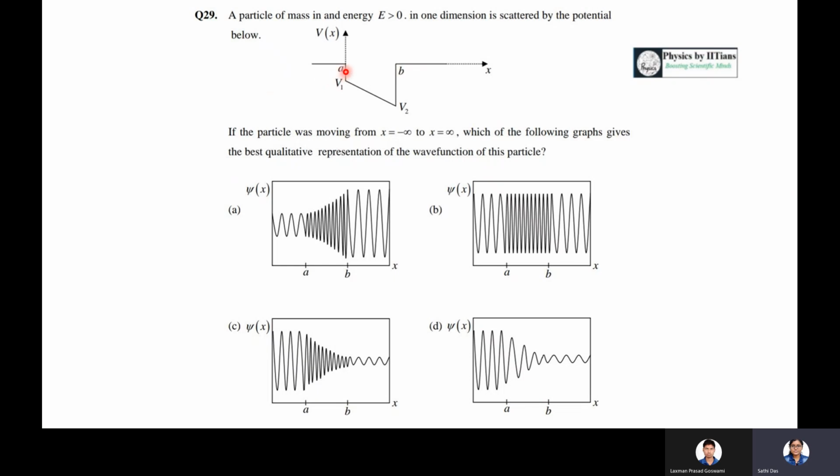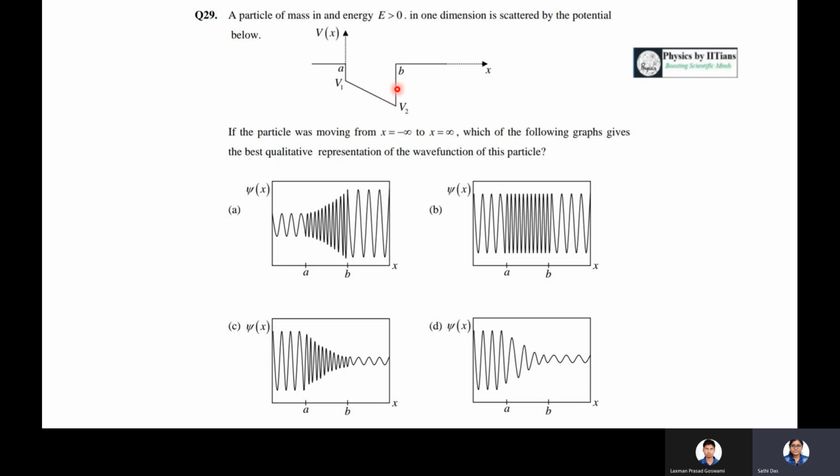So the transmitted wave function will also be oscillatory with increased frequency, because the total energy value of the particle will be increased, because E minus V will be positive: E minus of minus V1 and E minus of minus V2 will give us E plus V1 and E plus V2. That contribution to the total energy of the particle will be increased, as there is an attractive potential. So the energy of the particle will be increased, meaning the frequency of the wave will also be increased. So the waves will be closer with each other.